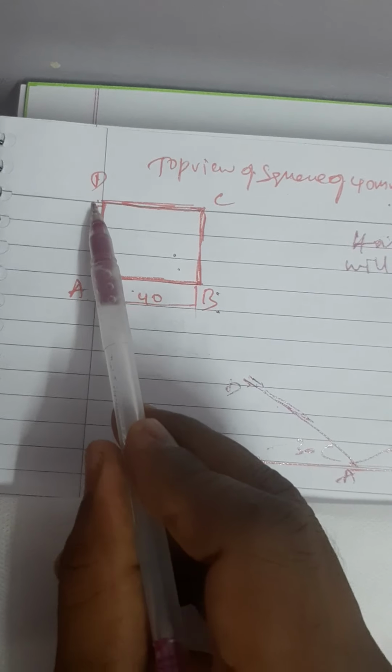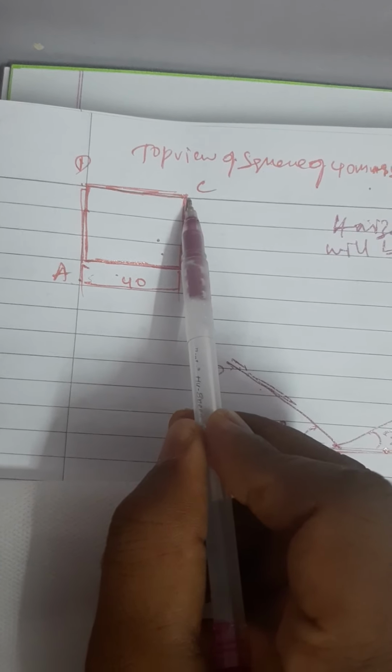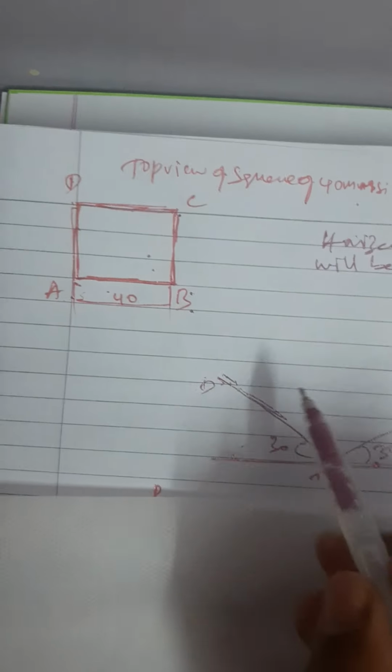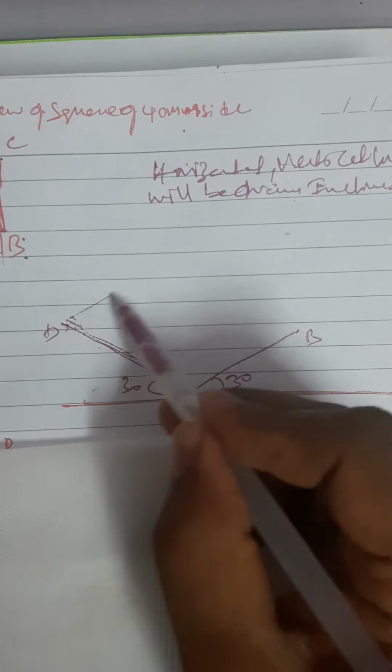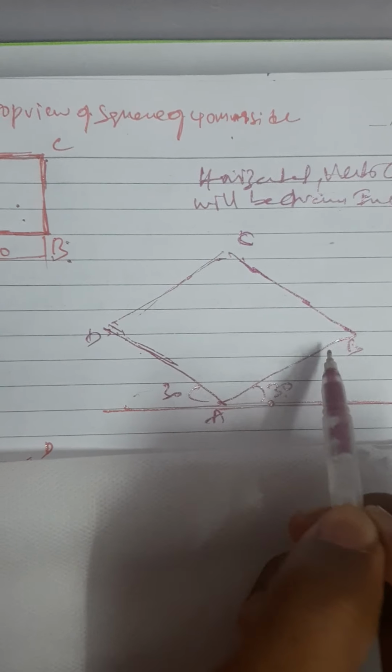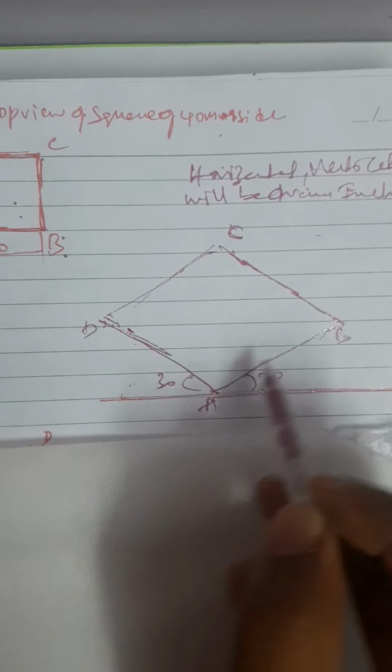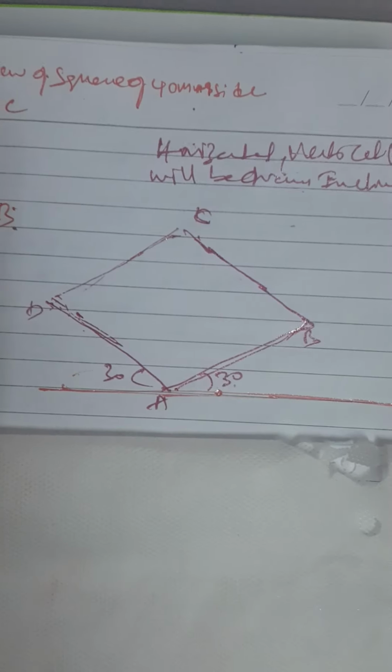Now D to C is horizontal. Go to the point D, you just draw the line parallel to AB, right? And next, C to B. C to B is vertical. Vertical is also drawn as an inclined line. Go to this point C. Now just draw the line from C parallel to AD. So in this way, you need to convert